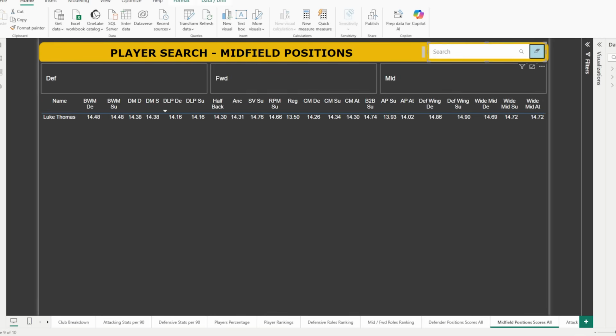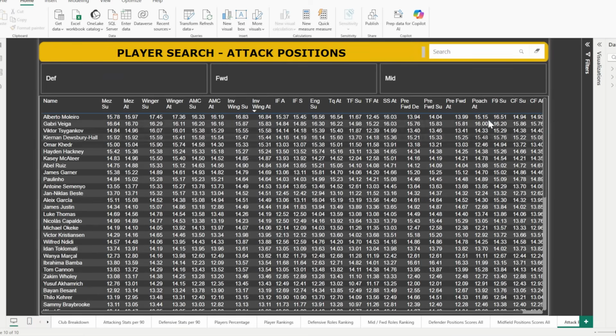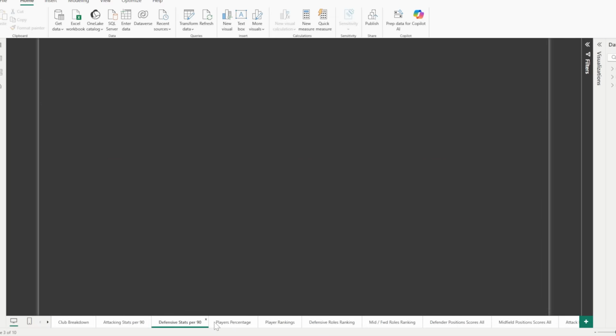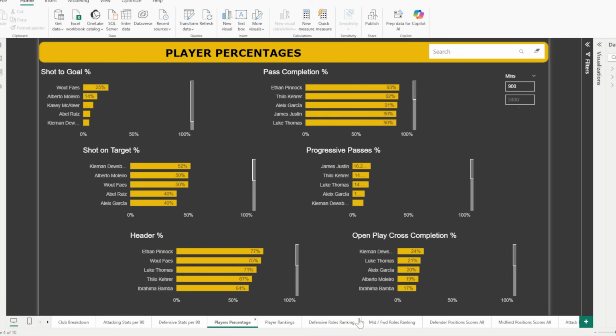So I'm going to go through our Leicester City squad, take into account all of the per 90 results we can get, the player percentages that we get and rankings in here, and come up with the team that would sit best in a 4-3-3 formation. Let's go into it. That took a lot longer than I thought it would, and it comes to show why Leicester are very much underperforming their XG, because when we put everyone in their best positions possible with the Power BI,